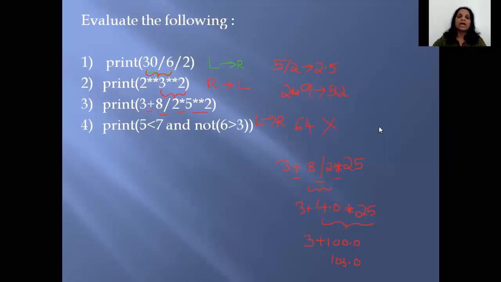Okay, so now I have here a statement which has relational as well as logical operators. So now let's follow the priority. I'll try solving it here itself. How many operators do you see here? You have the less than, you have and, you have not, you have the greater than sign. But can you see a bracket here? Bracket here means this has to be evaluated first.